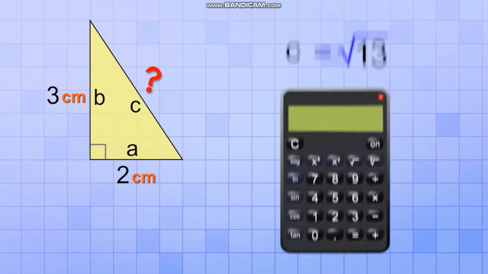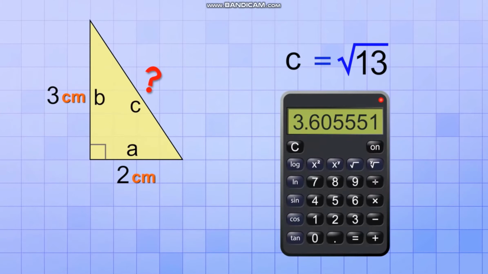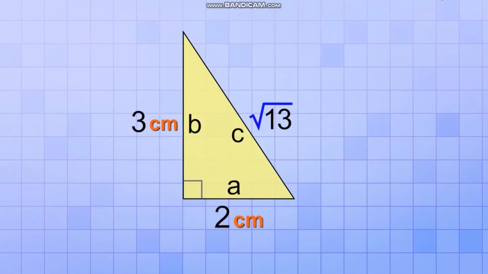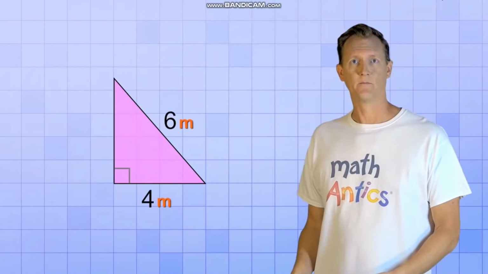Sure, you could use a calculator to get the decimal value if you really need one, but in math it's very common to just leave square roots alone unless they're easy to simplify. So the sides of this right triangle are 2 centimeters, 3 centimeters, and the square root of 13 centimeters. Let's try another example. For this right triangle,